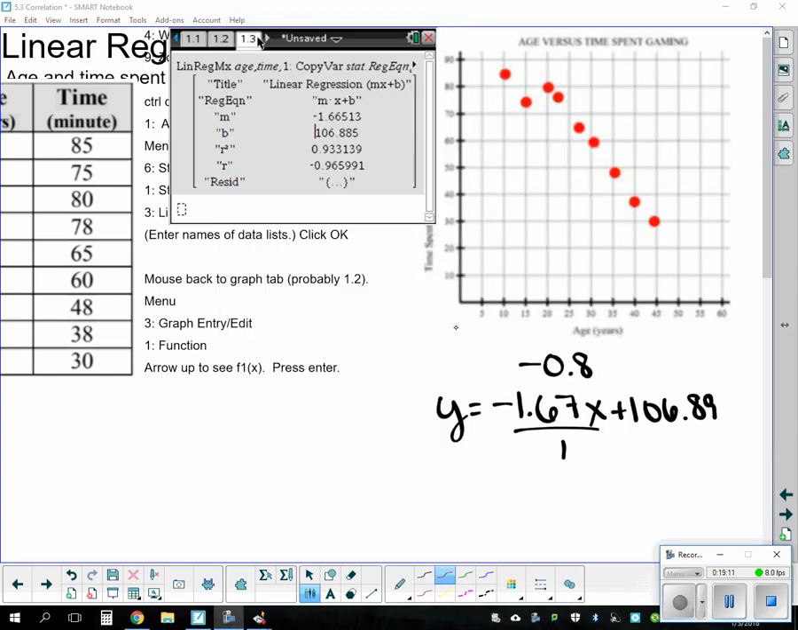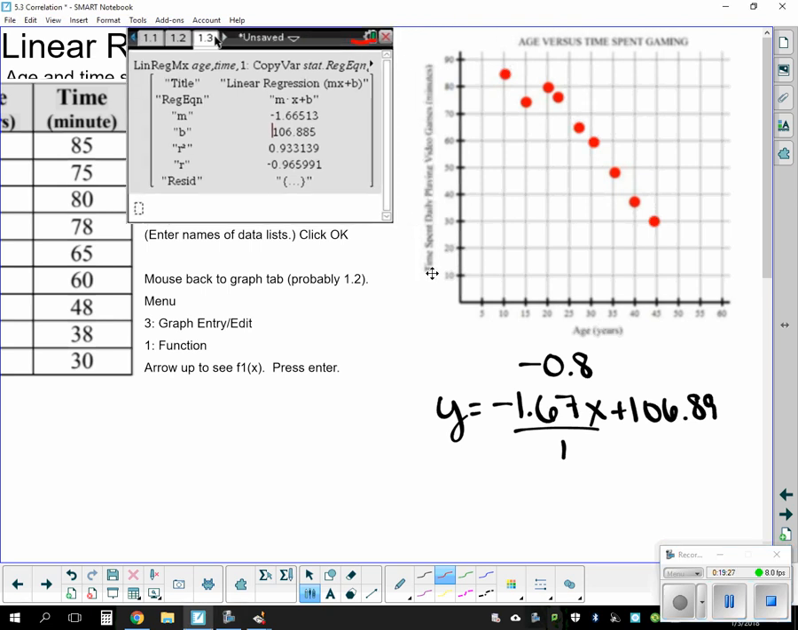Okay, so you're going to be asked, what does the slope mean? So here, your negative 1.67 over 1 is your slope. Remember, it's rise over run. So this is your y value. This is your x value. Your y is talking about your time spent daily playing video games. Your x is talking about your age in years. So we could say the slope means